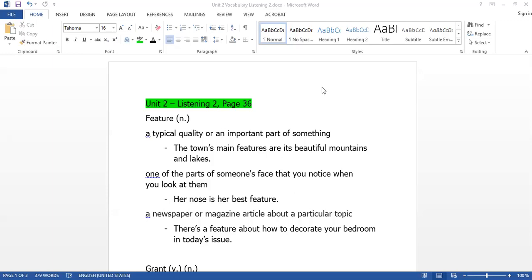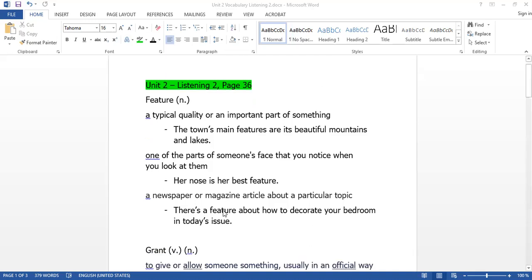Right, as you can see on my screen now, we're talking about Unit 2, Listening, on page 36. We're going to start with the vocabulary first. I've given some examples here. If you want to look at the words, they're on page 36, as I said, but just have a look on here first because on that page you don't have any examples at all. So we're going to go through the words together and then, of course, the vocabulary exercise as usual.